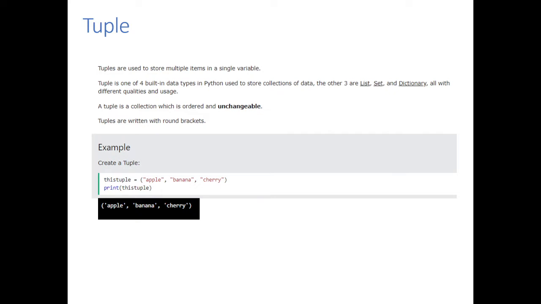A tuple is a collection which is ordered and unchangeable. So tuples are written with round brackets. In contrast, for a list we use square brackets. Again, a list is ordered and changeable, but a tuple is not changeable. So for example, to create a tuple, this tuple is equal to, in open and close parentheses